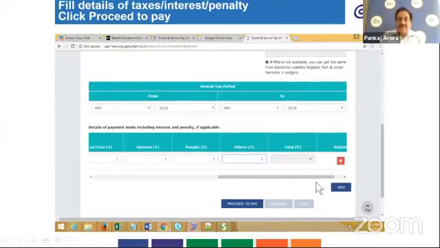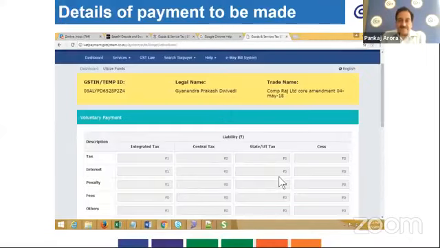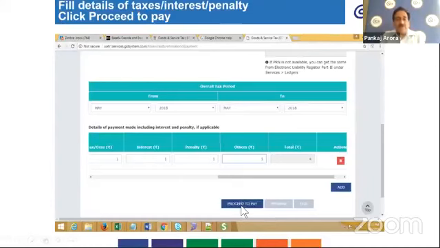But remember, here you will have to use the scroll bar to move to your right to enter the details of tax which you want to pay: tax, interest and penalty, if applicable to you. And when you enter such details and you click on proceed to pay,